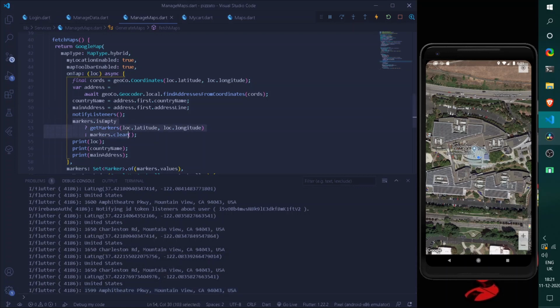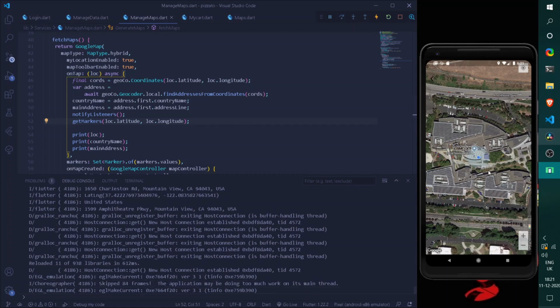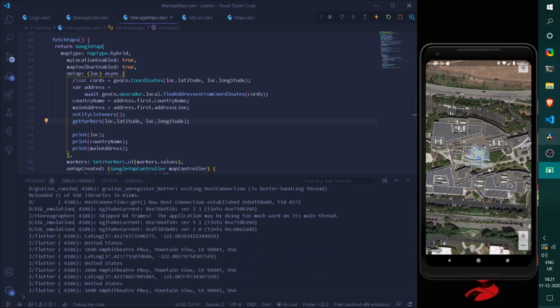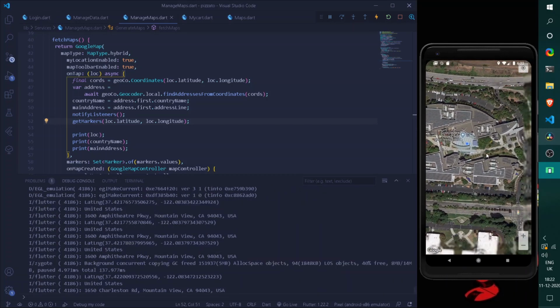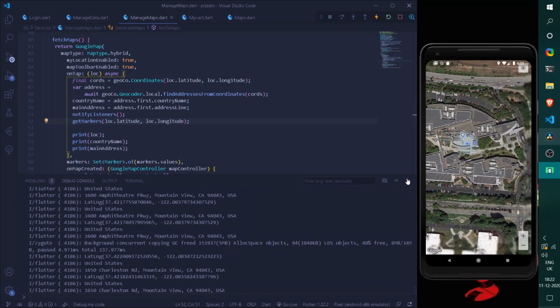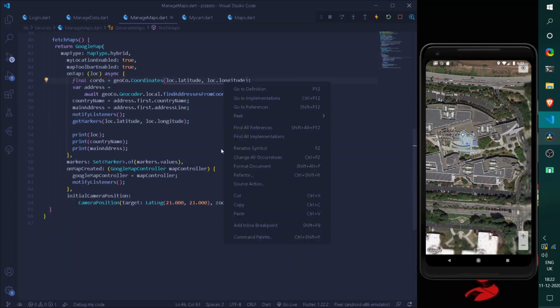So now let's do one thing, that is simply try only getting the markers without any current. So after tapping over it, alright, I don't know why the markers are not appearing, but no worries, we are successfully getting the user's location, which is quite a huge achievement for us. Now you may observe that after pressing over any other location, we are now getting all of the location of the user, which is very cool for us.